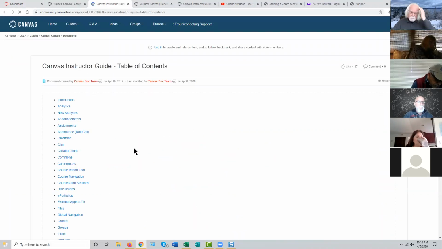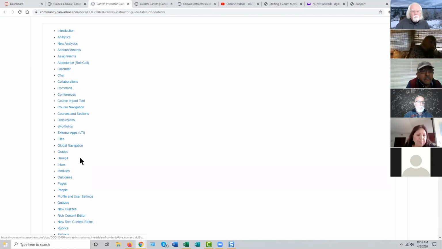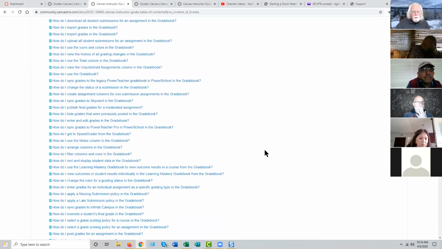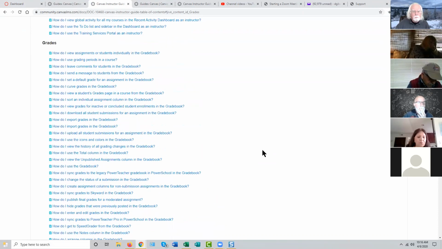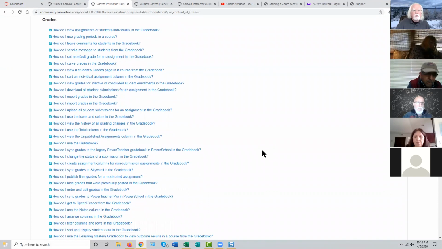But under instructor guides, which are arranged by subject, there is an entire section on grades, and there are over 24 tutorials on how to use the gradebook. So just about everything you could possibly want to know about the gradebook and handling grades in Canvas is covered here. The trick, of course, is figuring out which tutorial has the exact information you need, but they are very well done